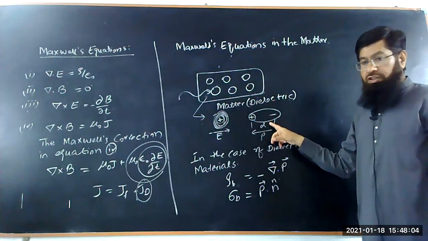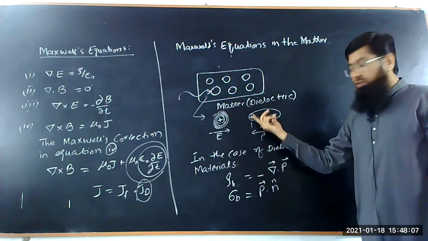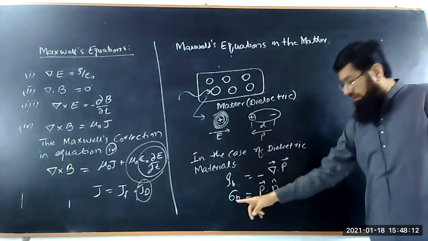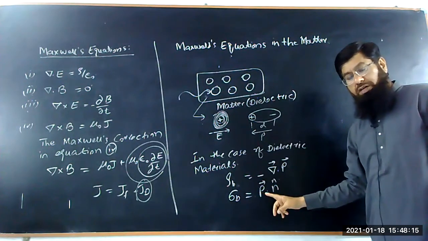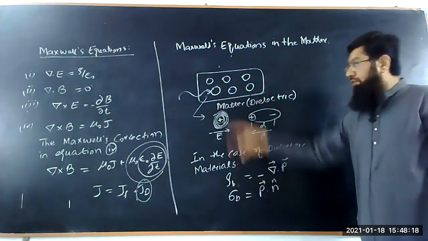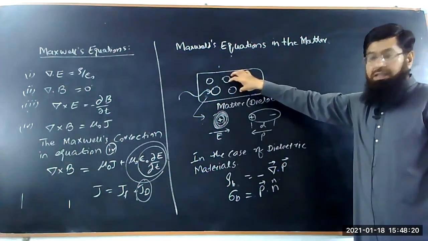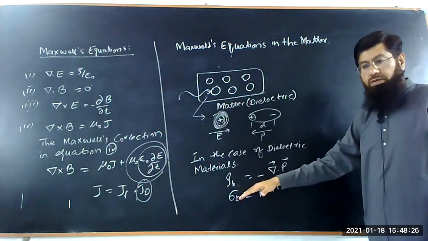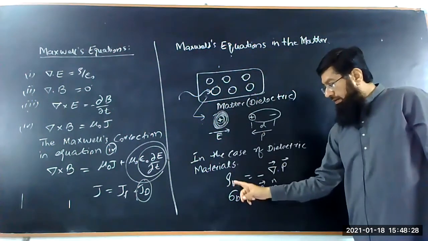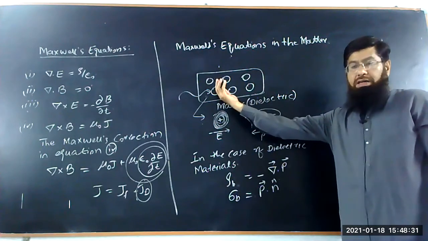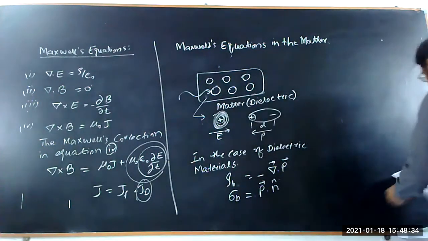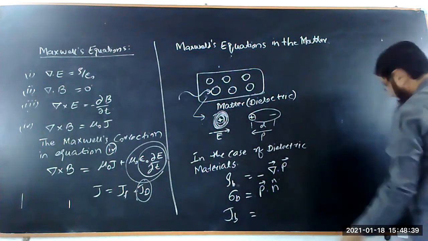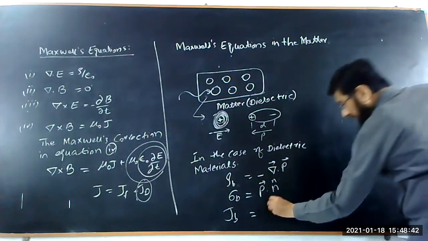It means when the electromagnetic fields interact with the medium, the material gets electrically polarized. So this polarization is due to the bound charges. There are two types of bound charges. One is the surface bound charges, sigma b, which is directly proportional to the polarization vector, and the other is the volume bound charges, which are inside. This whole story you already know from chapter number 4. Okay. So here, in this case, if we have a current, the current can be rewritten as J of b, the current due to the bound charges, is equal to the curl of M.